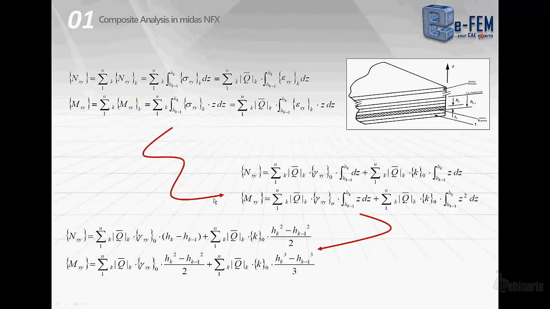lamina thickness. Just substituting the formulas, the matricial form for the single laminas that links stress to strains, we arrive at these final terms where the N and M components are expressed in terms of what happens in terms of deformation onto the single laminas.